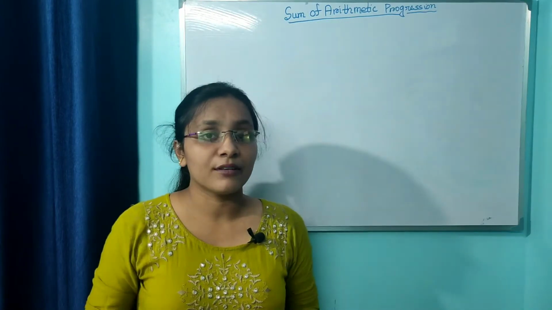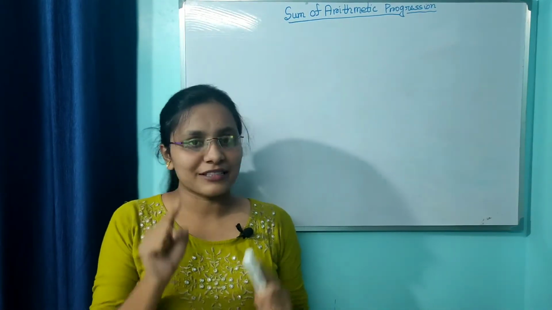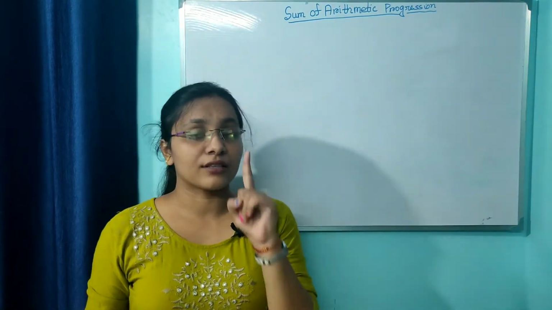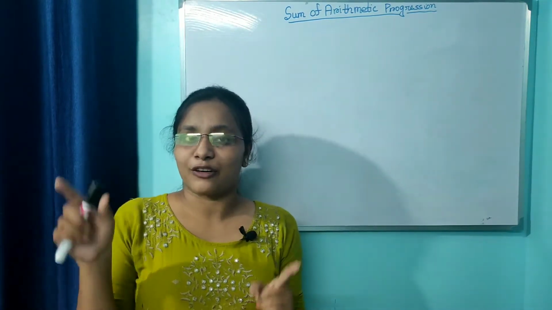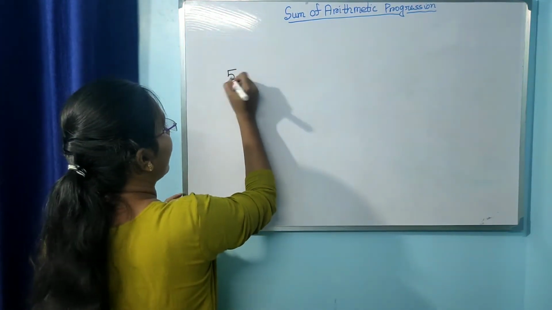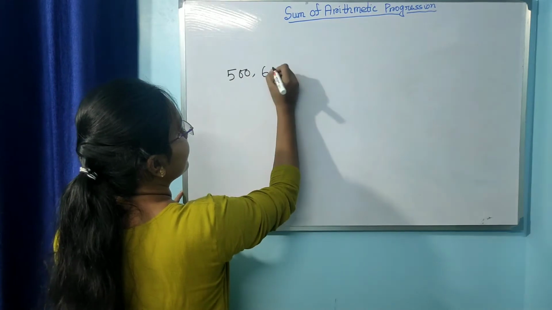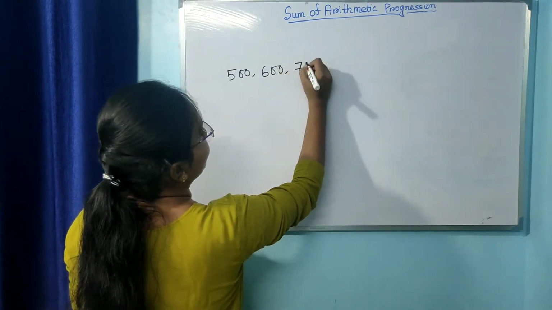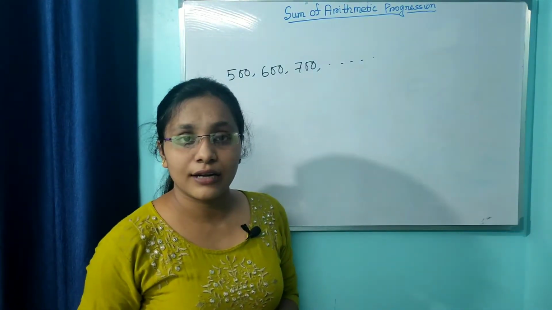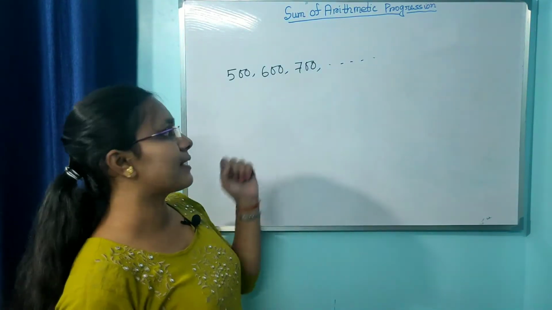Hello students, suppose your uncle put 500 rupees on your first birthday, okay? And after that, on every birthday he put an additional 100 rupees on top of the previous year's amount, okay? So now at your first birthday you get 500, and next 600, next 700 and so on. And now you are 16 years old and you want to buy something with this amount of money.